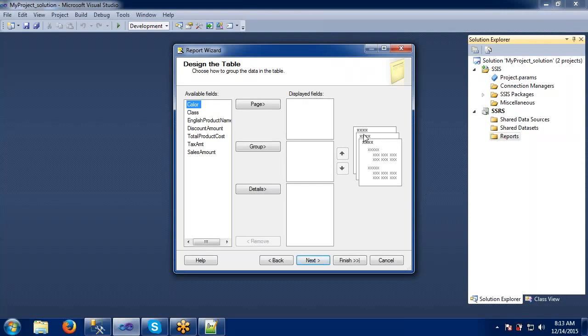If you see this one, this is the report template that is going to be shown here based on our options. In the page, I want the color. Means in the report page, on top of that, on each page, I will be showing a color. Okay, and we want to group some